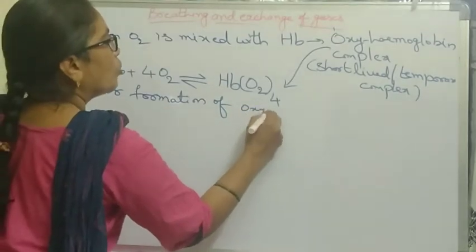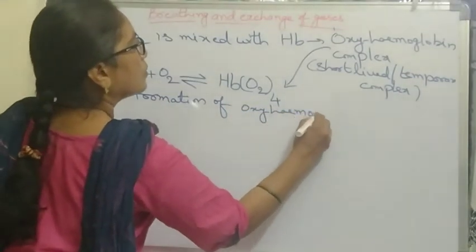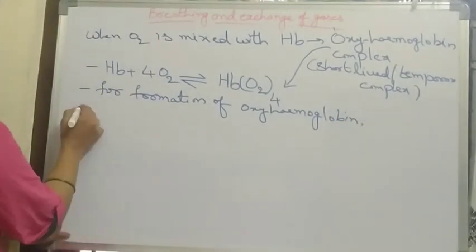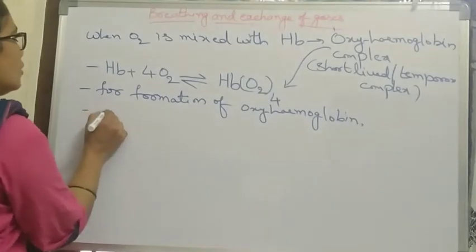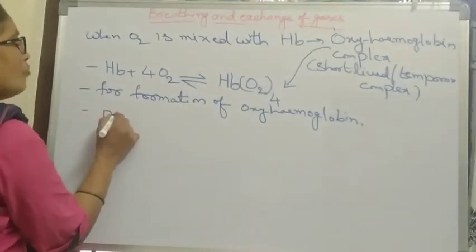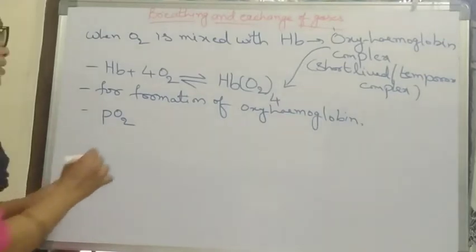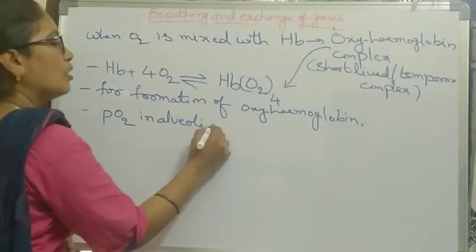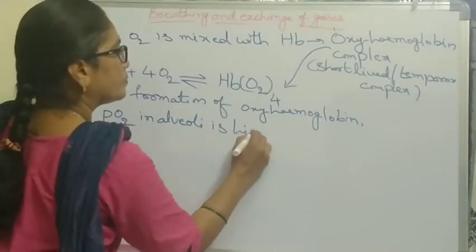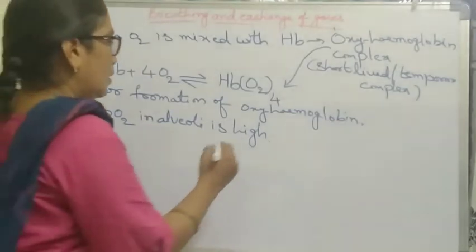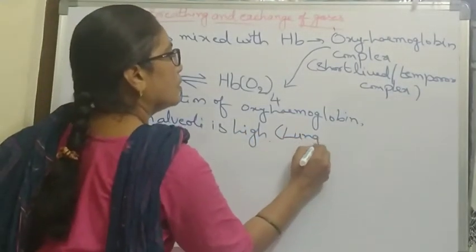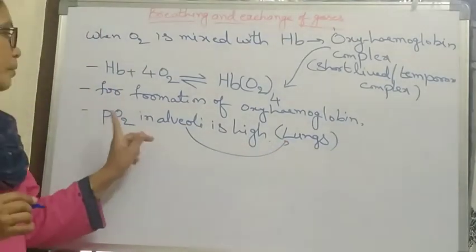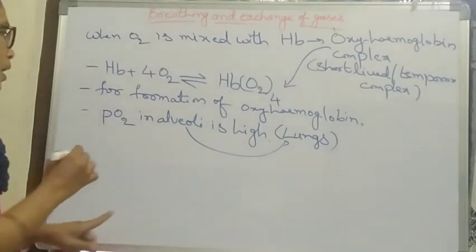formation of oxyhemoglobin complex that should contain the factors. What are they? There should be PO2, partial pressure of oxygen in alveoli, in alveoli is high, or in lungs. In lungs or in alveoli, that partial pressure of oxygen is high, and